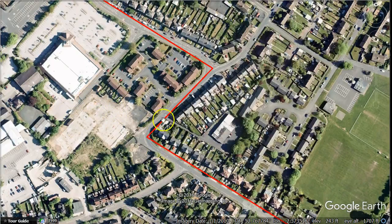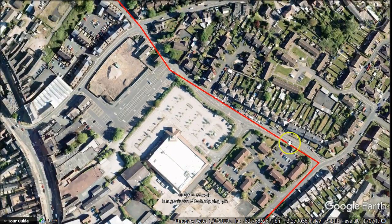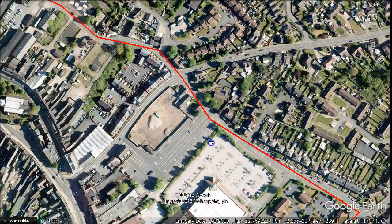So you want to turn right at this point in time, which is Audley Road, and after about 150 meters fork left, which is also called Audley Road. Kind of this bit is Audley Road, but you do have to actually take that left fork and not continue. So you continue right the way along past Waitrose here, past